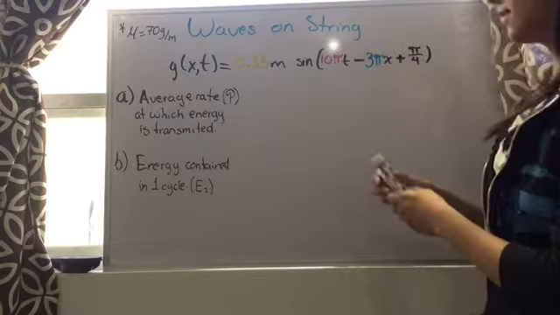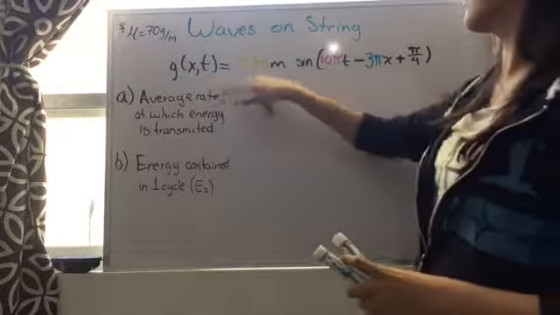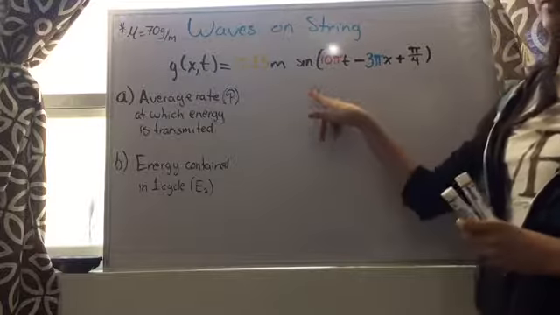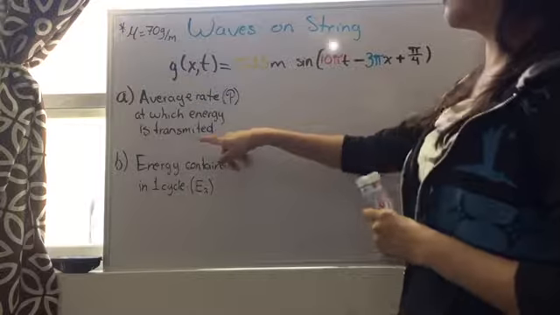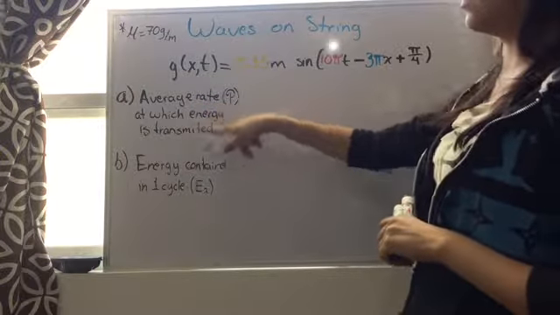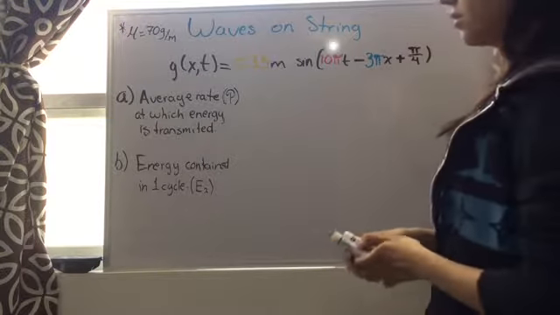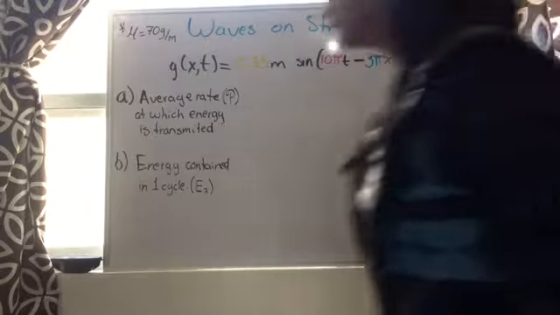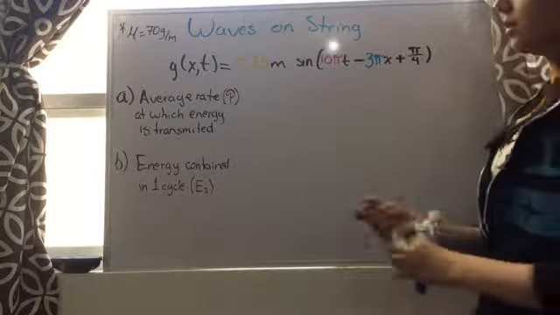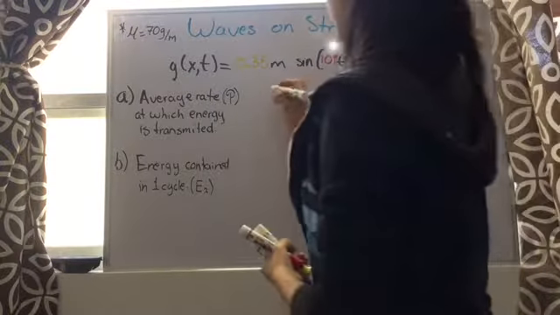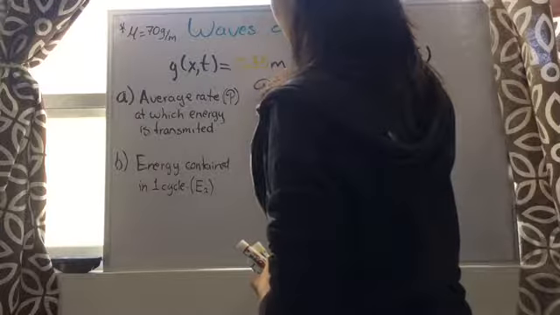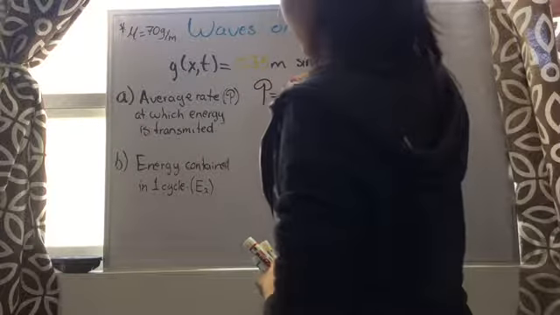Hi guys, today we'll solve this problem which says that we have the function of this wave and we have to calculate the average rate at which the energy is transmitted, and it is also asking us for the energy contained in one cycle. So the average rate at which the energy is transmitted is described by the equation of power, which is a half of the